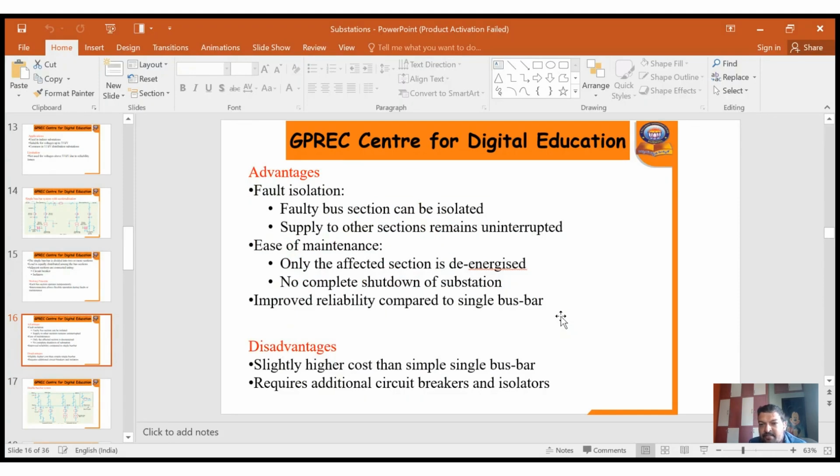Compared to the single bus bar system, the system with multiple subsections is more advantageous. The only disadvantage is the cost, because we additionally require protecting devices like circuit breakers and isolators for continuous supply of